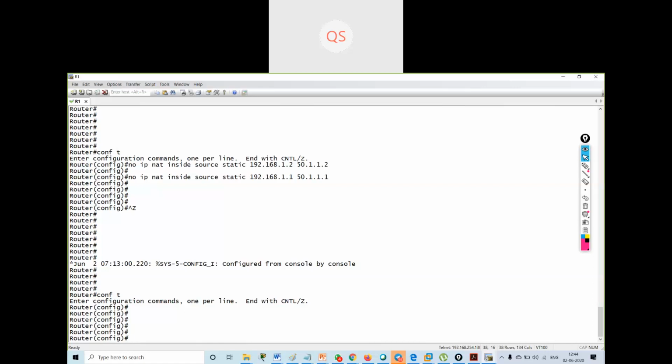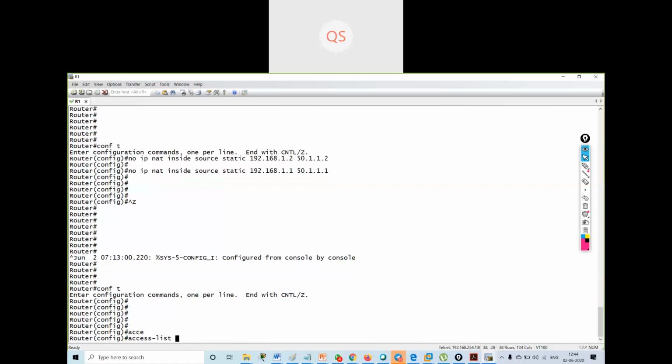So first I have to create an access list, a numbered access list, any number I can give.